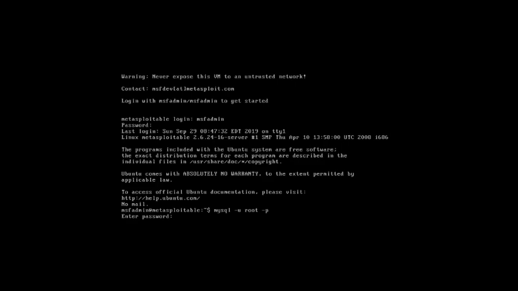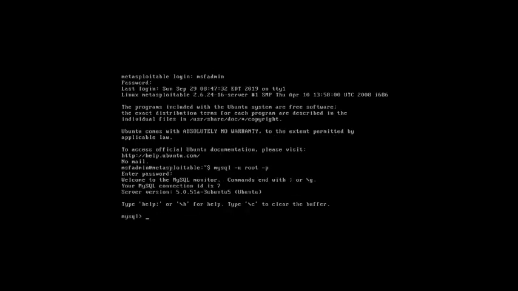It's asking for the password and there is no password actually, so just hit enter. Now I am inside the MySQL prompt. Now to see all the available databases, we need to use the command show databases.